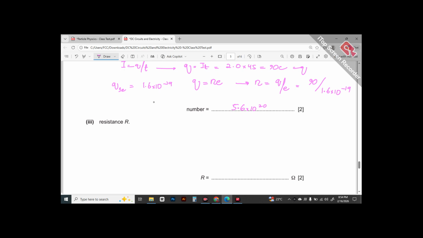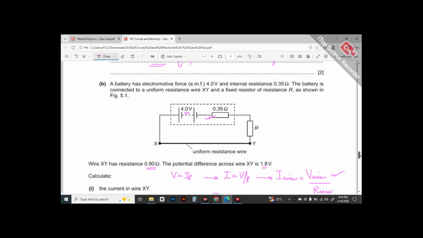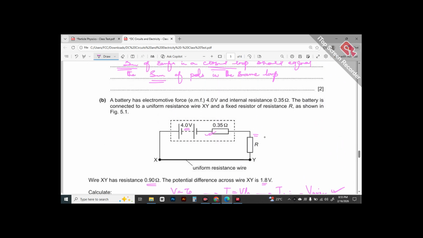Now they are asking you to calculate the value of resistance R, and this R is not the internal resistance, this is the external resistance. Now मुझे इस R की वैल्यू फाइंड आउट करनी है. अभी तक आई नो V is equals to IR को यूज करते हुए आई वुड हैव सेड कि मैं अगर